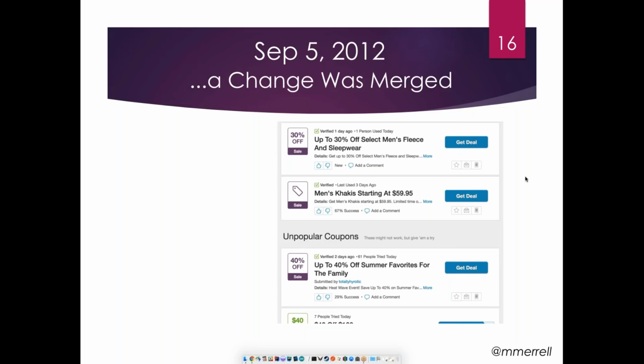But what we found after this change was merged was that suddenly the click data that we got on our dashboards was going all over the map. People were clicking less and less and less on certain things, way more on certain things, and we couldn't figure out why in the world this was happening. And it quickly became evident that we were going to have to cancel the party, and I wasn't going to win my karaoke contest. So that made me sad.